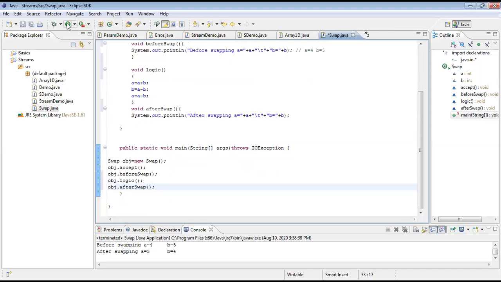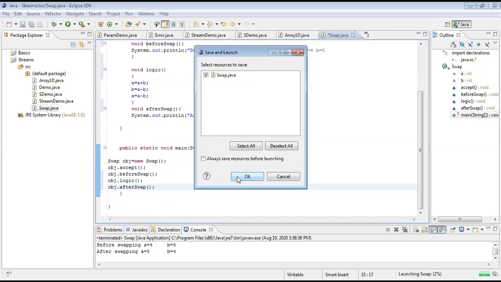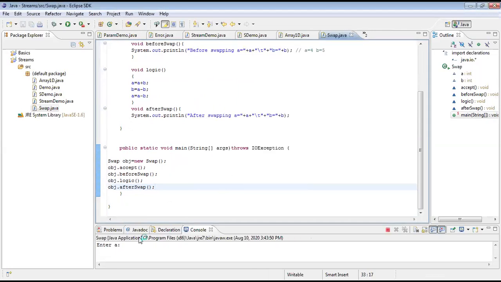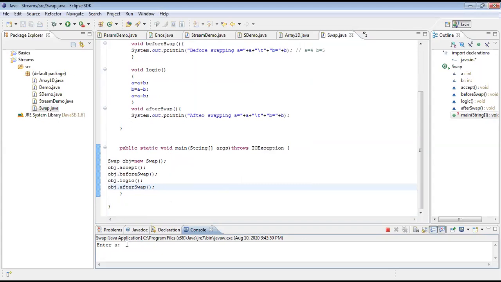Let us go for run. It will work. See, I will discuss why throws is not required. Okay, 4, 5. Fine. It's working great. So the thing is that